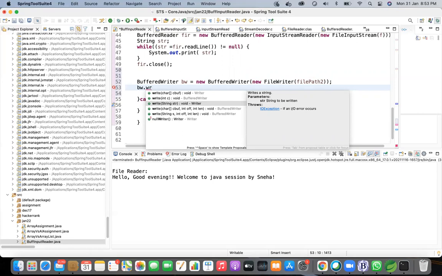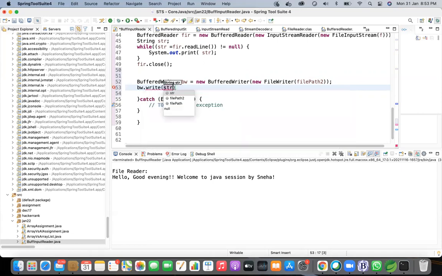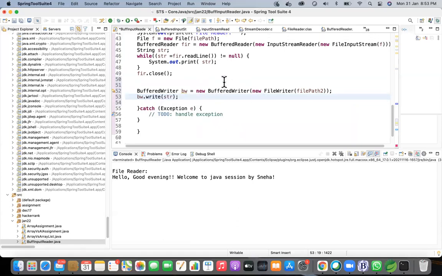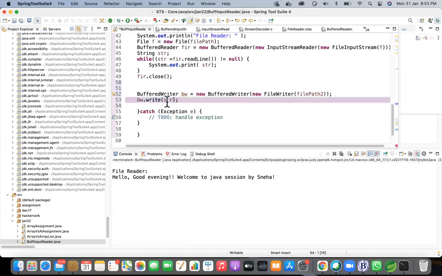That is the reason most probably they prefer to go with this usual way. And if you're pretty sure that you want only the format of reading in bytes, you go with the streams part. Okay, so now you can just type write, for character or string, whatever you wish to. Just string. So the same line we'll put in the name file.